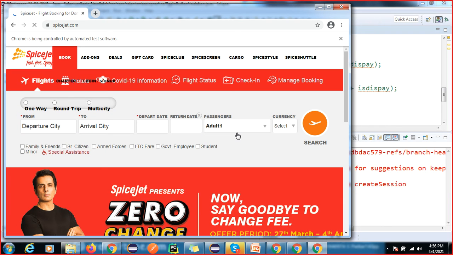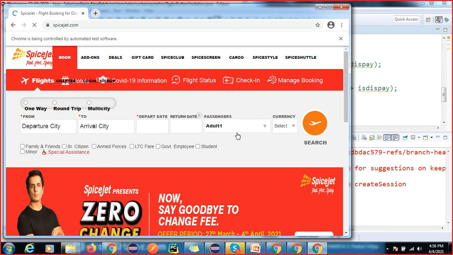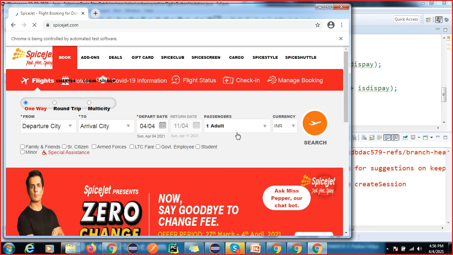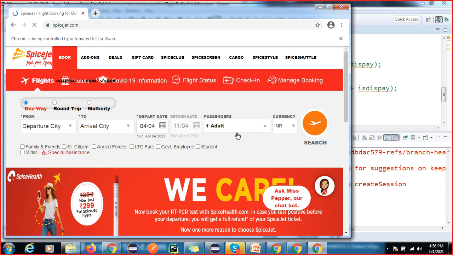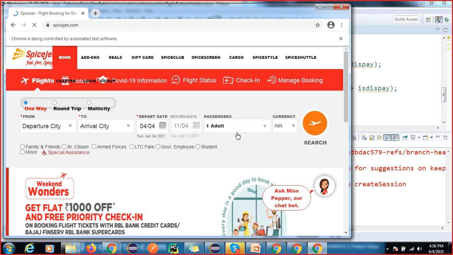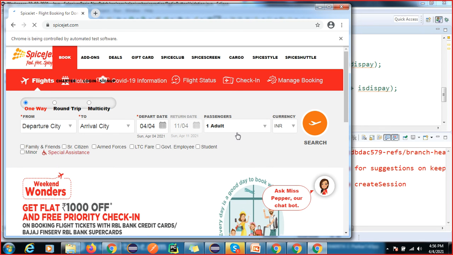I have made the reusable method and am trying to make all the methods reusable. So it will click on the second round trip. This is the best website to do practice. Here you have the radio button, drop down, checkbox, everything.